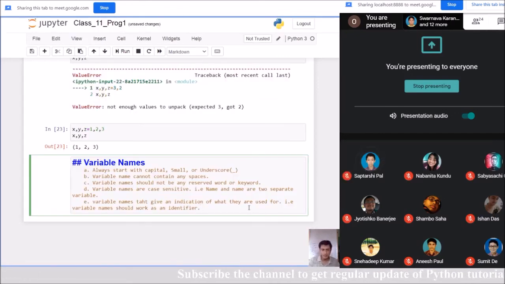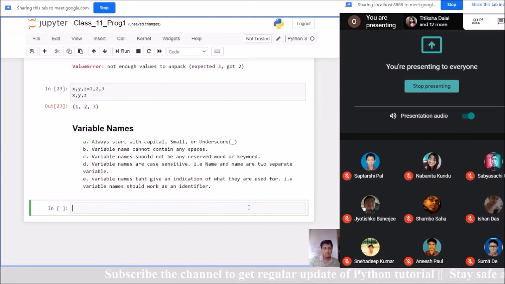This is a very important part for naming a variable. You can see these points and take a note of this.